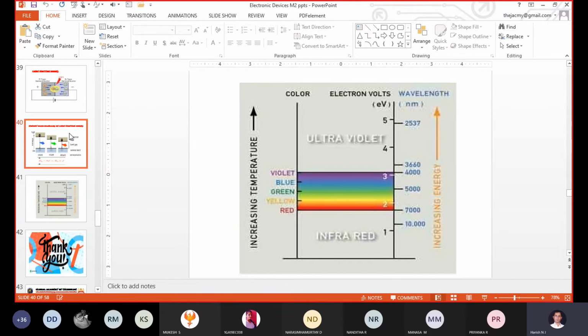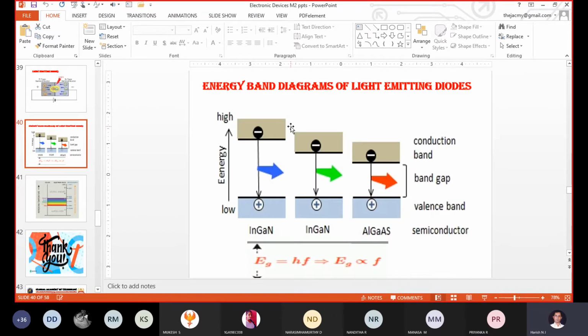Some people have a confusion: how much energy gap do we need to choose? More than 3 electron volt, more than 4, more than 5? If you choose that kind of semiconductor material, some questions will arise in your mind. On the initial day I gave a comparison between the semiconductor and the insulator. How much maximum energy can you give to a valence band electron? Up to what extent is it possible to give energy to the valence band electron?